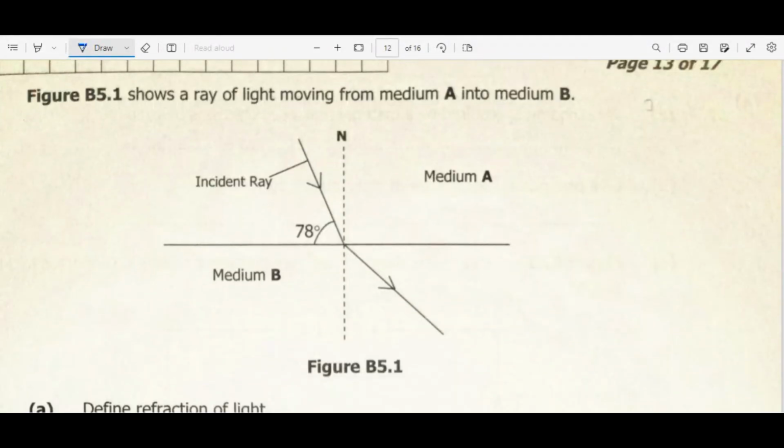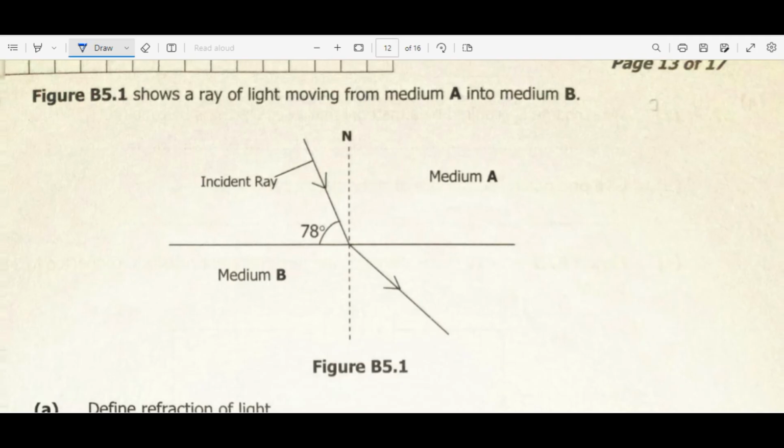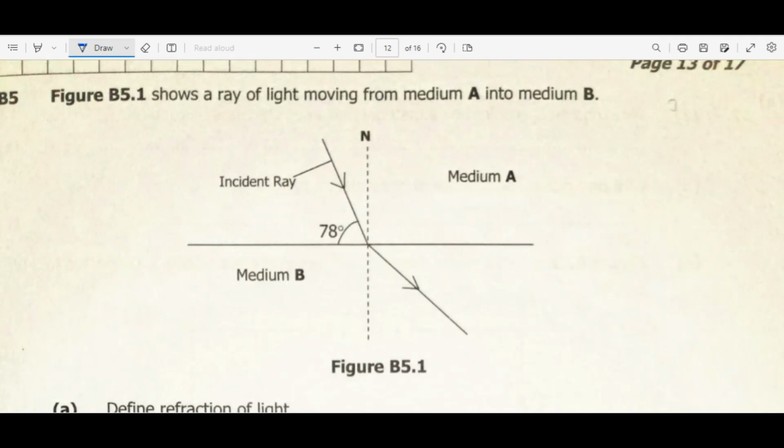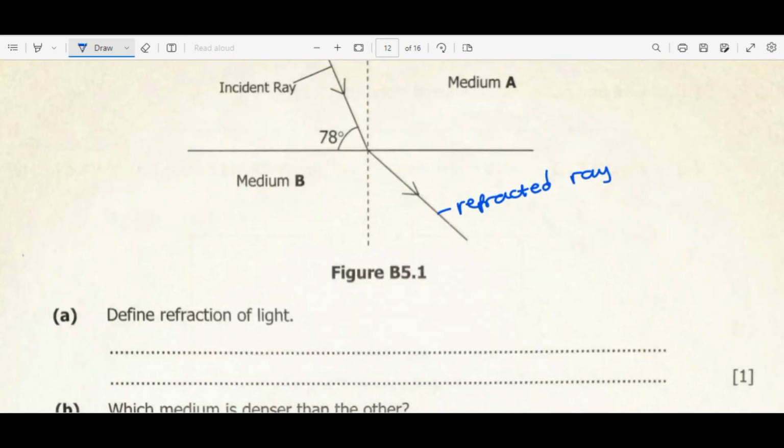Right, we move on to question 5. Figure B 5.1 shows a ray of light moving from medium A into medium B. Alright, so we have the incident, then we have the refracted ray. So if you look at refraction, it's all about the bending. So define refraction of light. So say this is the bending